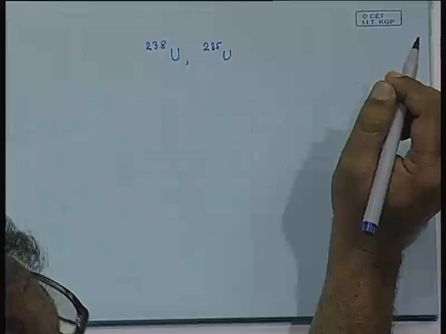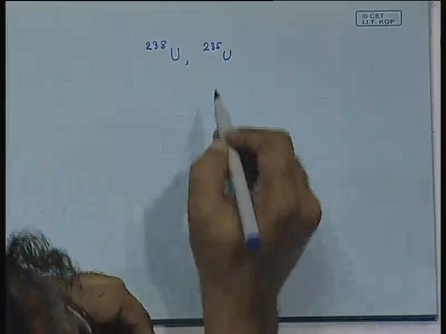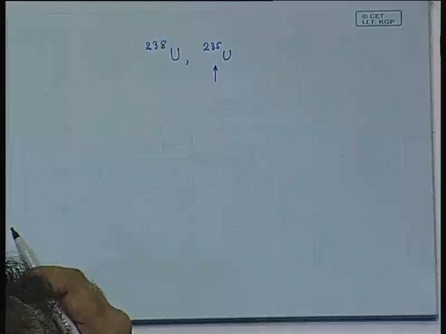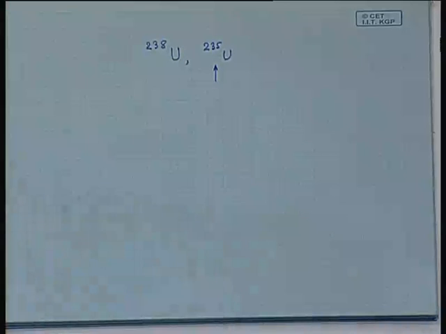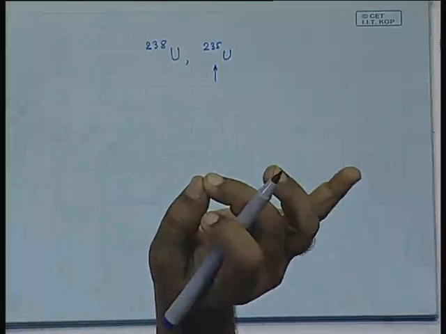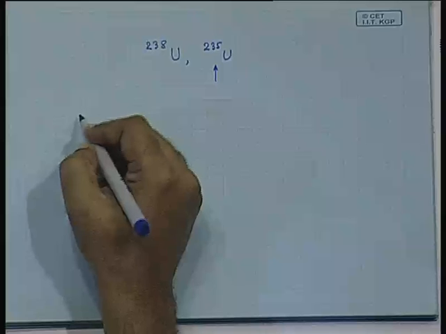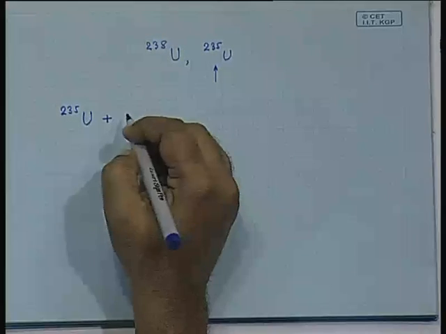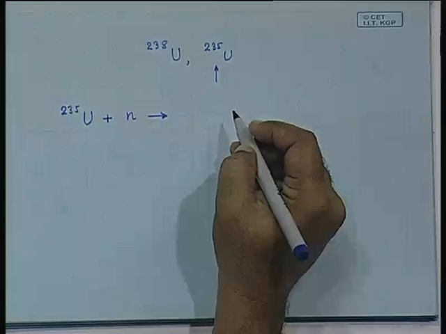Now, let us first understand what is the nuclear reaction that takes place when uranium 235 breaks up. It breaks up by the addition of a neutron. So, a neutron hits the uranium 235 and makes it break down. You will write it as U 235 plus a neutron that will lead to